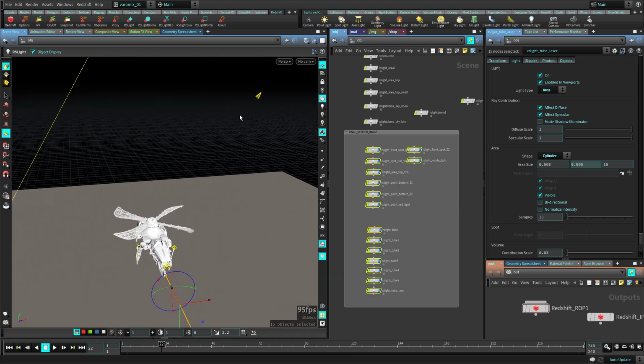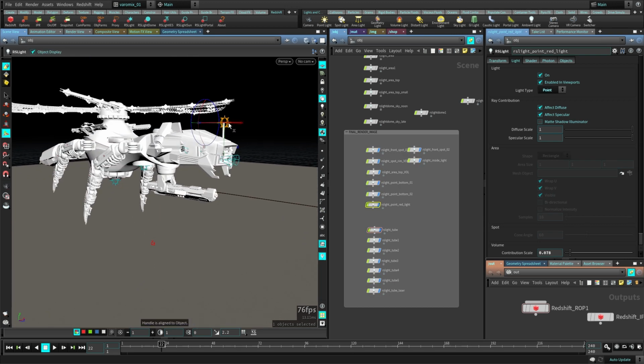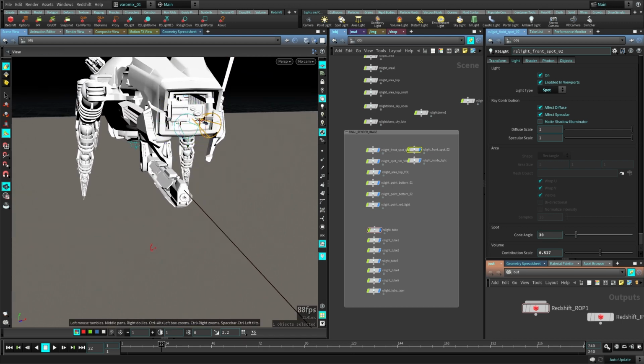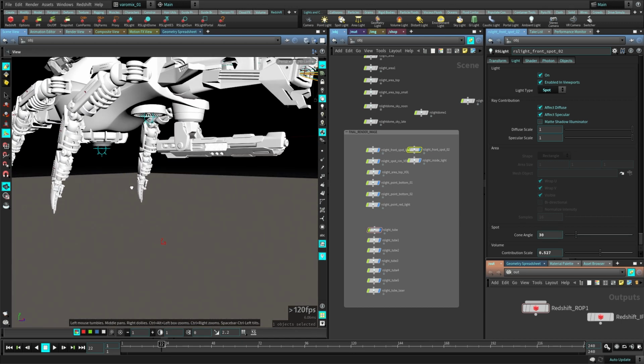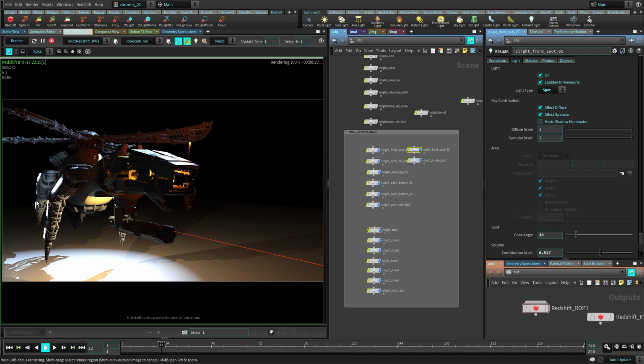I have a spotlight here from this direction. I have a light here for the antenna. I have 2 lights here in front for the front lights, a few lights in the bottom, and a few other lights here in the legs, which are these ones. Even this laser here in front is just an area light with the cylinder shape. Now if we go to the Redshift node,